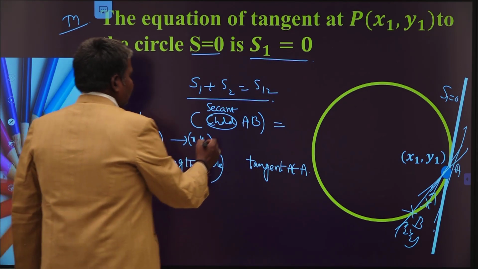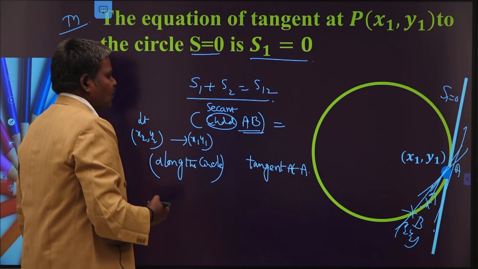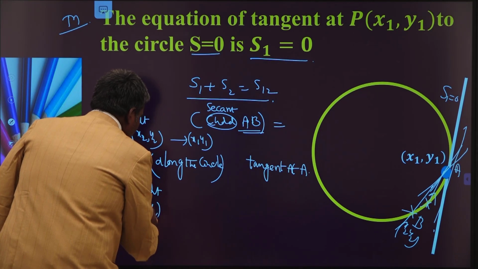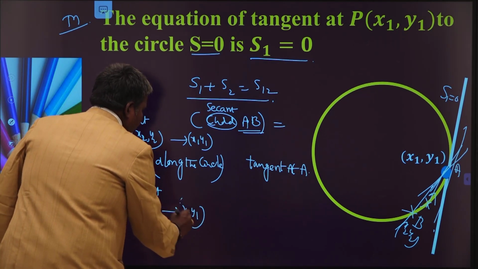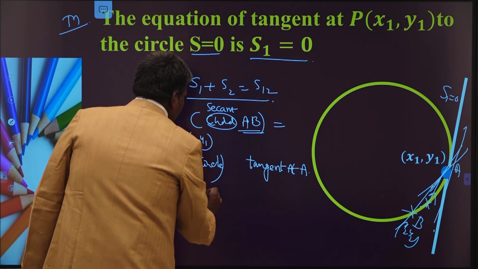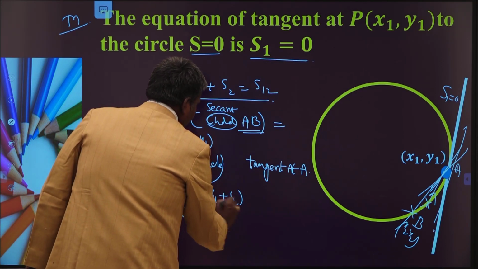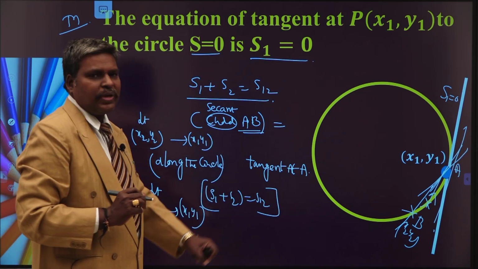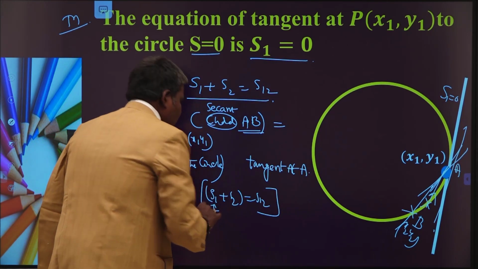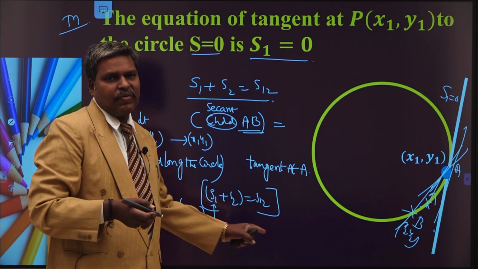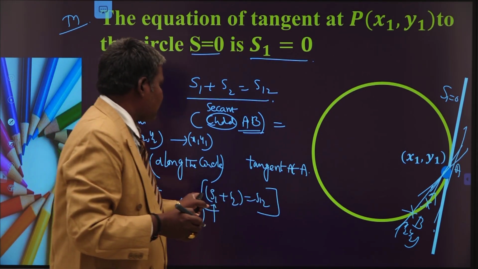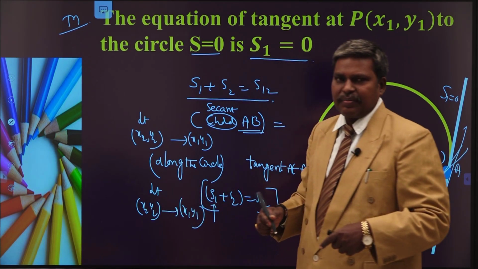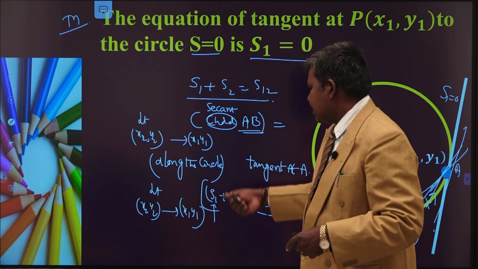Now, what is the equation of the chord or secant line joining AB? S1 + S2 = S12, in the limit as (x2, y2) tends to (x1, y1). My dear students, as (x2, y2) tends to (x1, y1), what about the change in S1? There is no change. S1 means xx1 + yy1 + g(x + x1) + f(y + y1) + c. There is no change even though (x2, y2) becomes (x1, y1) because there are no x2, y2 terms in S1. S1 will be as it is.